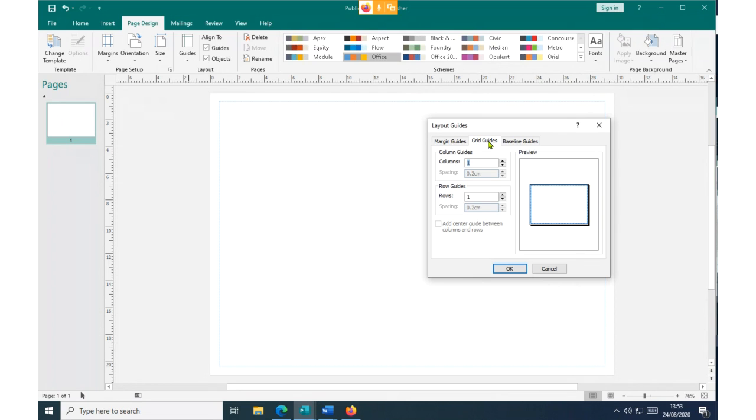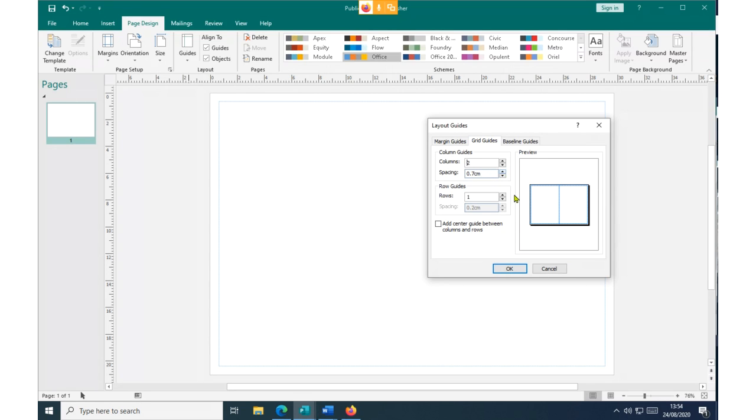So having given you the insight of the baseline guides, margin guides, and grid line guides, now to change the layout of my page into two columns, you click on grid line guides in the layout guides window, then change the columns accordingly. Like now we are changing into two, so we simply click here and have two. Let's start with two first. We are going to design a brochure with three columns, etc. Then we say, please increase the spacing between the first and second column. The default setting is 0.2. We can say let's have 5 or 7 like that.